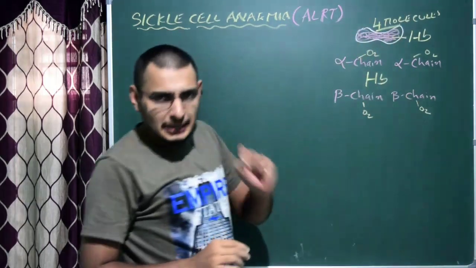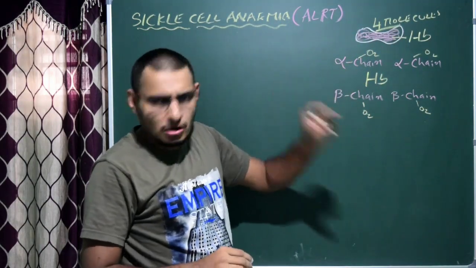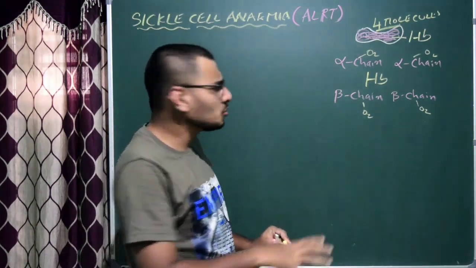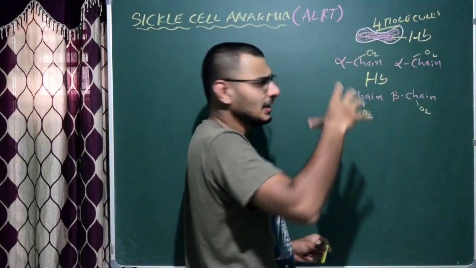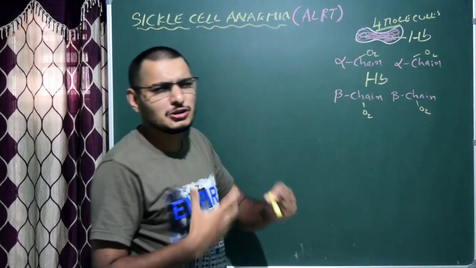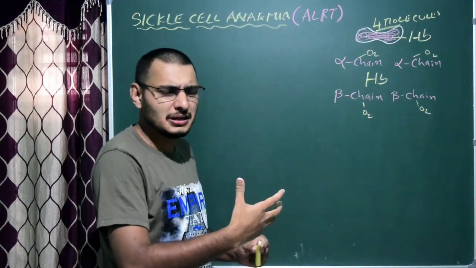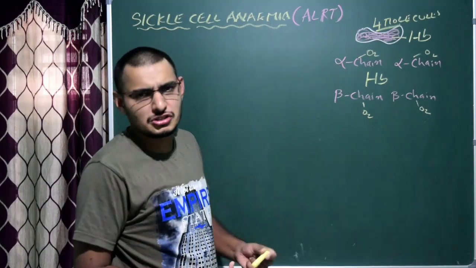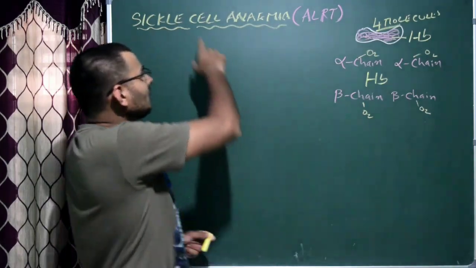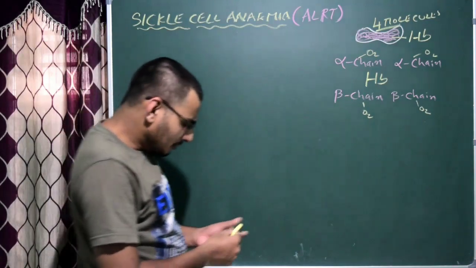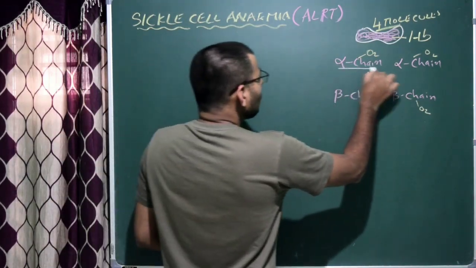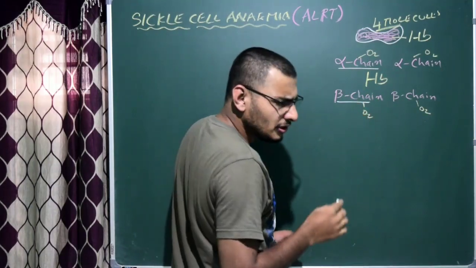Okay. Now to carry the oxygen, the hemoglobin requires a proper shape. If something happens to the chain or structure of any chain, obviously it's going to be abnormal. It looks a bit weird in shape, and obviously it cannot carry oxygen. That is nothing but sickle cell anemia. We see there is a chromosome. Let me just tell you, because if you look into the chain, alpha or beta chain, whatever it is, normally